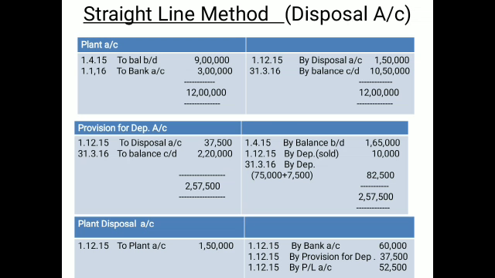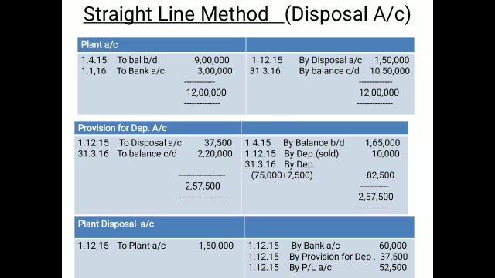Now what do you have to see? The by bank is there, that is the sale price you may list, and see the difference of both sides. If the credit side is less, that means it indicates the loss of 50,500. Sometimes it may be more, then it will lead to a profit on the debit side. So this is the close. Immediately the plant disposal account will be closed. Now you have to come to the plant account, as you have written balances.